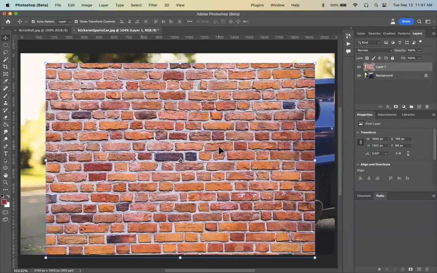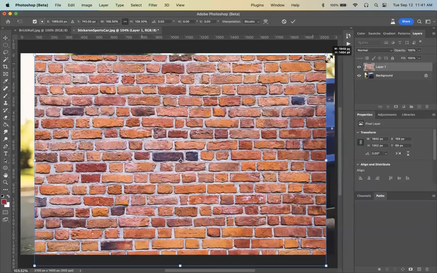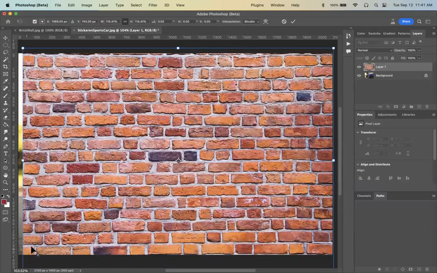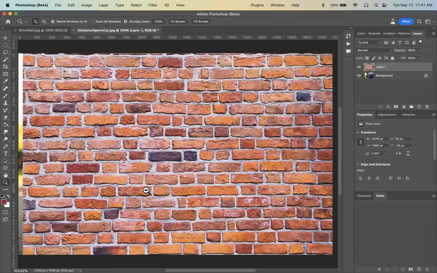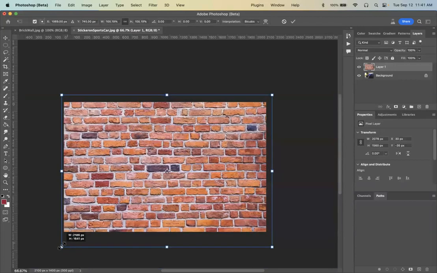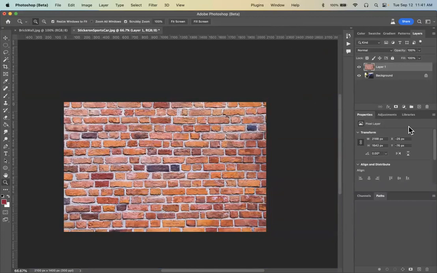I'll make it a bit bigger by pressing the Alt key, Option key, to cover the whole sections here. I'll just zoom out a bit more to see everything, and Control T, Command T again, then Option key, Alt key, to cover it. And after that, if you go to